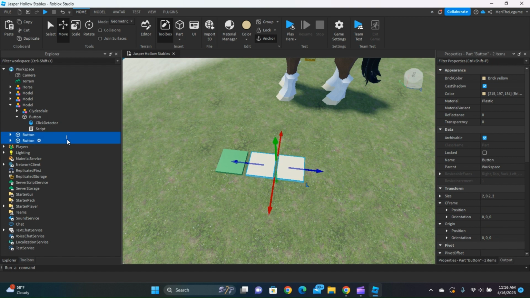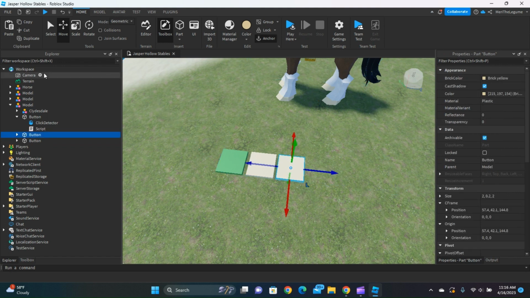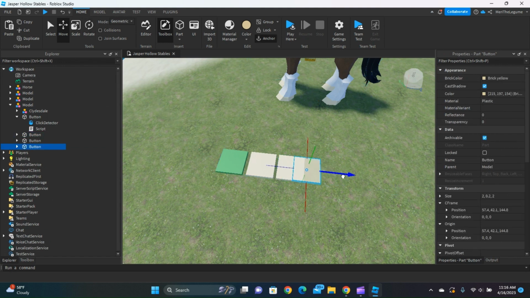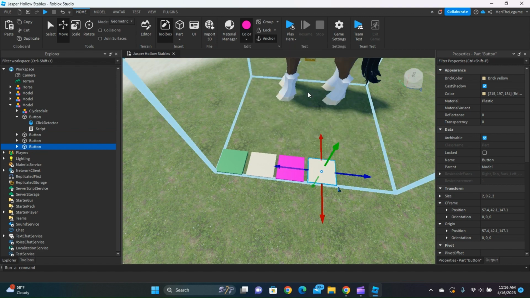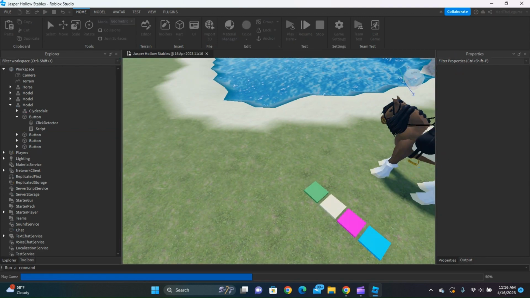Yeah, and we always make sure they're all in the model, because if they're not in the model, it's not going to work, because they're going to be referred in things that don't exist. The parents are going to be all messed up. The tree is going to be all messed up. If we make them all different colors, like let's make one pink, and then we'll have a blue one. We can have any color we want, and then when we go to play,